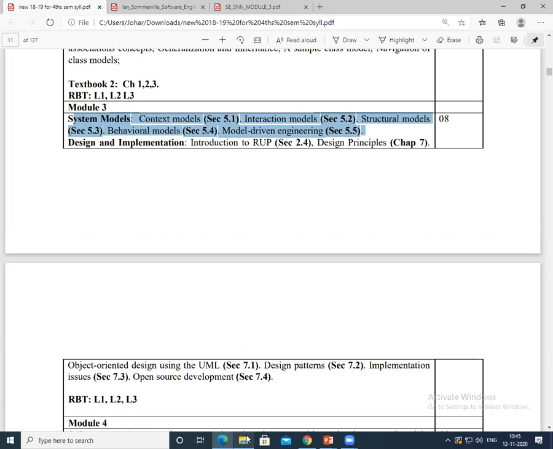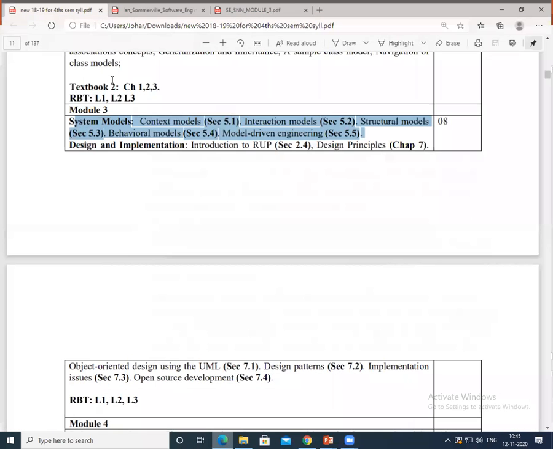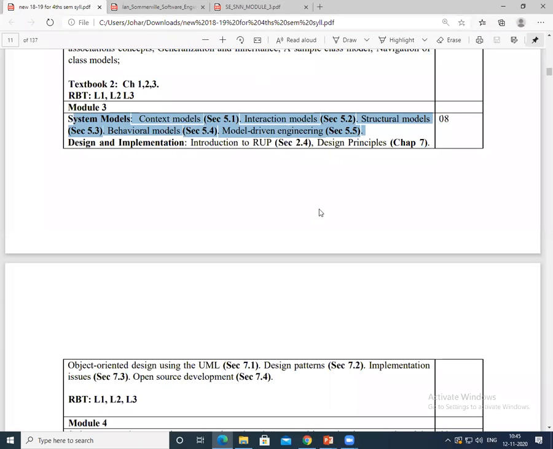Today we have tried to cover the topics Object oriented design using UML, a very big topic, and open source development. Tomorrow I'll take design patterns and implementation issues. Design pattern is a big topic, and so are the implementation issues. Next week we'll try to cover the introduction to RUP.